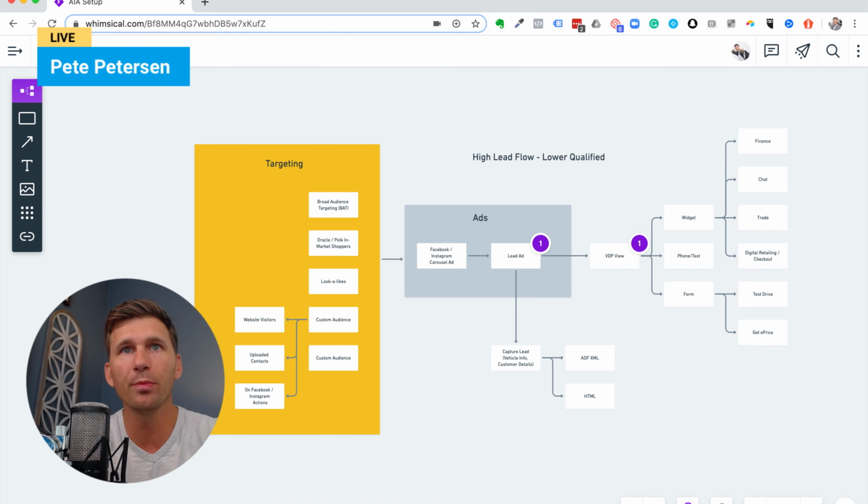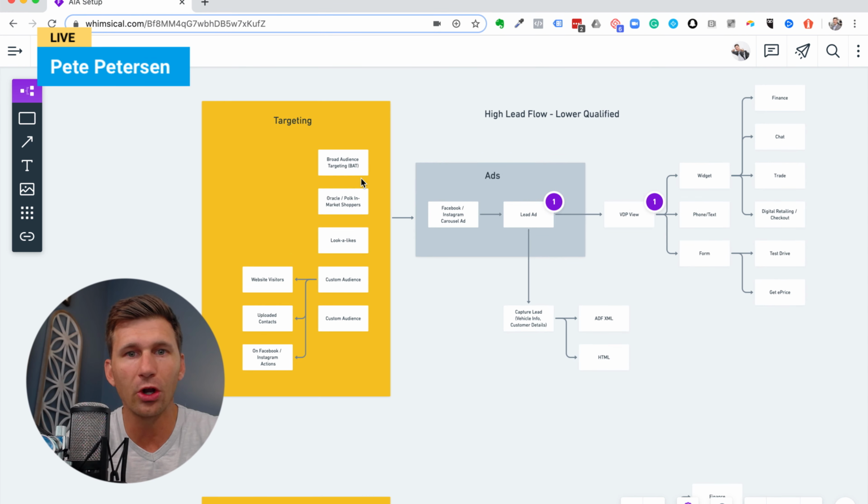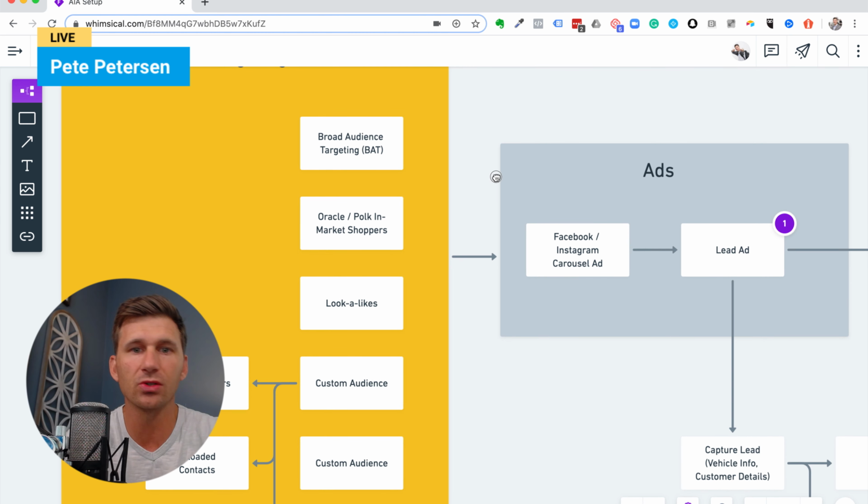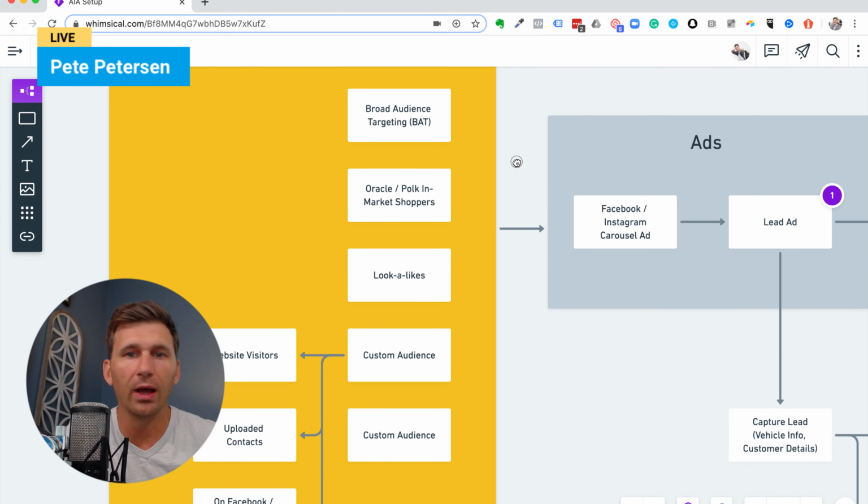All right, so we're going to jump in first to targeting. And so the number one thing that most people think right away is that you can only target based on gender or age or race or interest on Facebook. But at the end of the day, there's a ton of different ways to target, okay? Now, the most overlooked for automotive inventory ads right now is a system-wide change they made